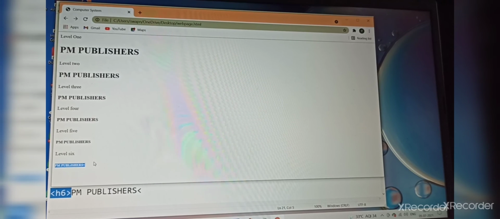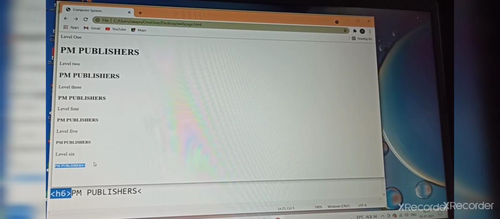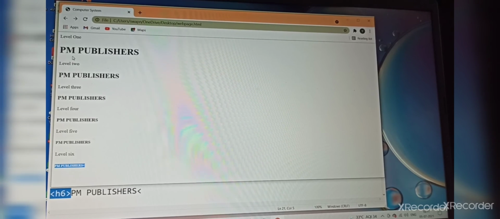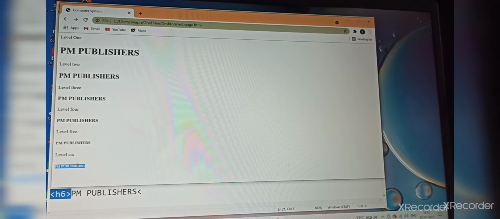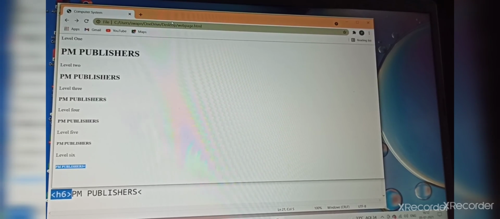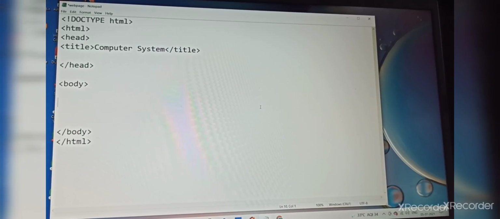Got it? The heading tag comes in six heading levels. The upper one, H1, is the largest heading, and H6 is the smallest heading. Got it? Okay.